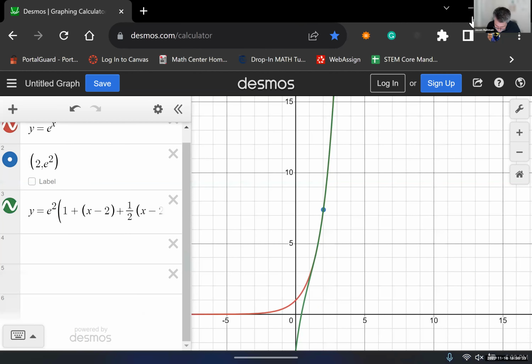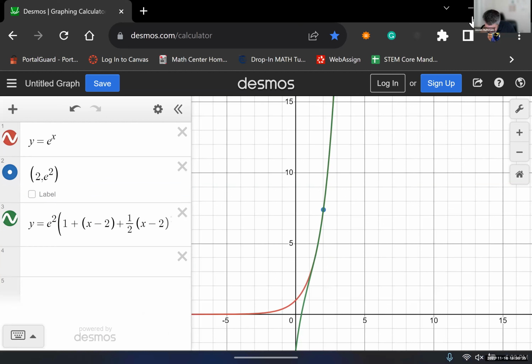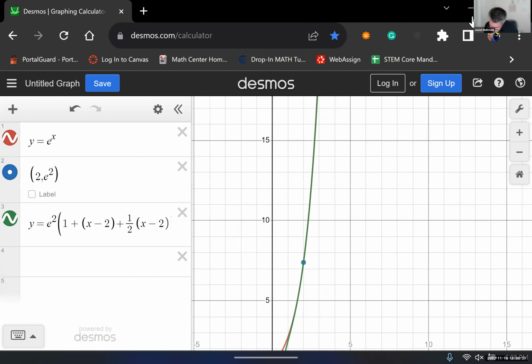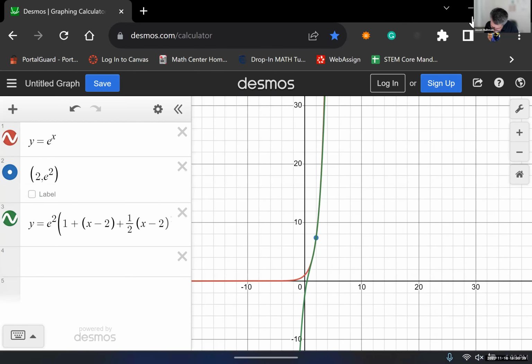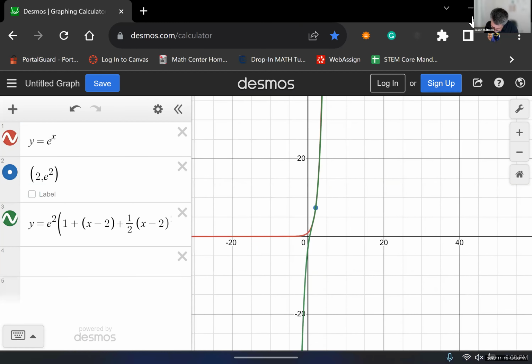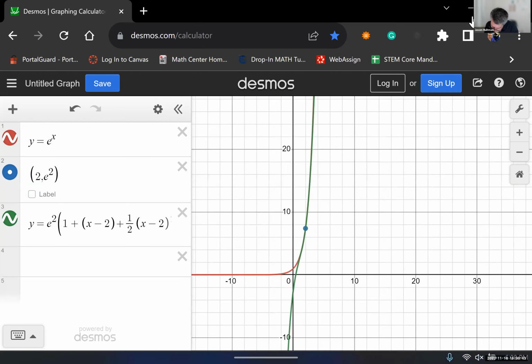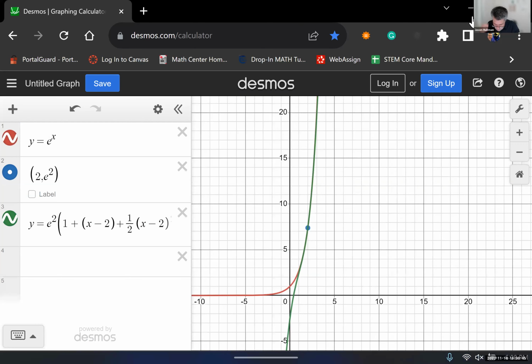Okay, and so what happens is we get it to hug even closer, right? That is a cubic, but it is hugging that very closely, which is kind of cool. We could go out further and further and further,